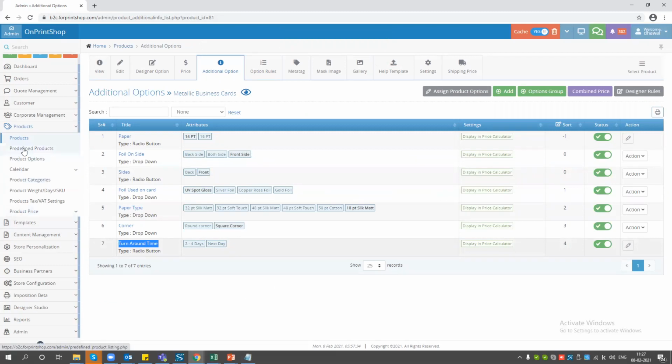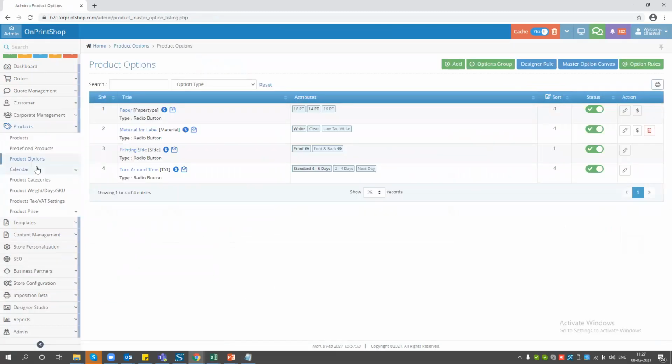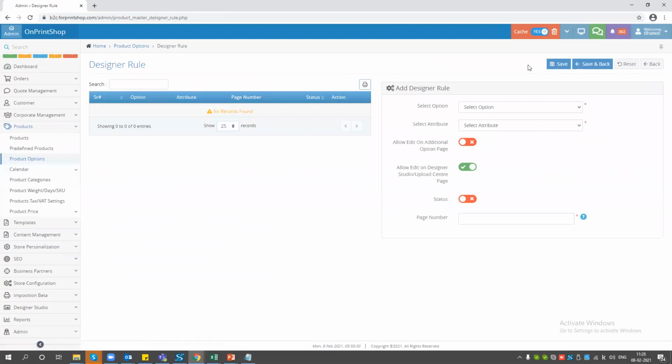Now moving ahead to the product option, we have given multiple options. These are option group and designer rules. So in the designer rules, for the designer option, if we are selecting a printing side, let's say front, in that case, if we want to hide the back page, we need to select page number 2 instead of back page. So here it will work in the respective scenario.